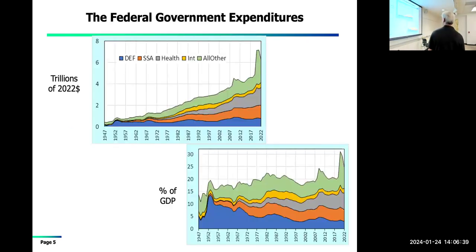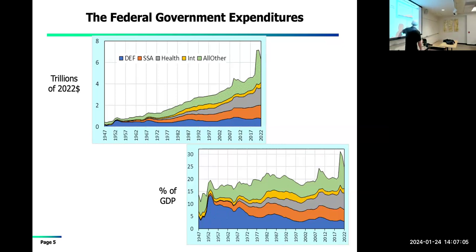And the question is, why is that? So if you look at federal government expenditures, you can do it in terms of dollars, taking out the inflation component. This is done in constant dollars. Things look huge, but what economists always do is divide by GDP. You always want to know how big is the government relative to the overall economy, and what you find out